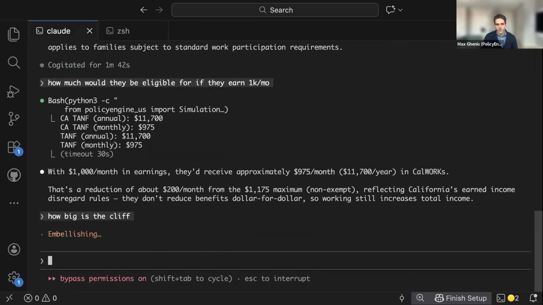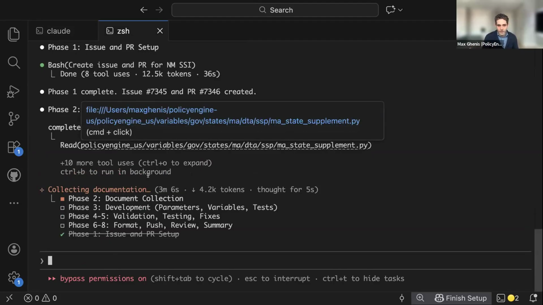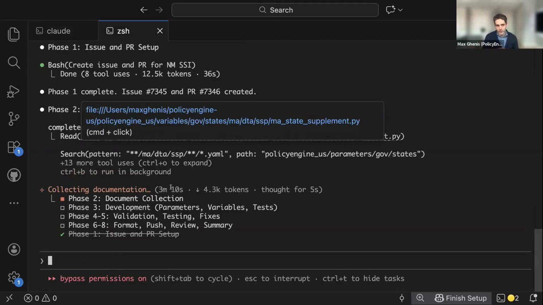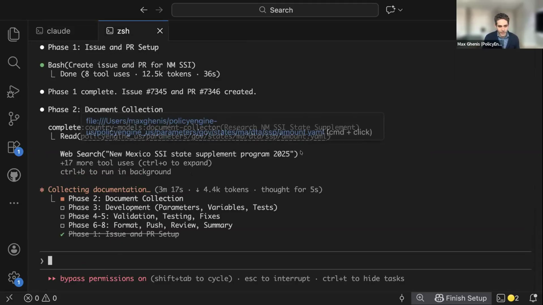So the cliff is, at a certain point, if you earn a dollar more, you're going to lose more than a dollar in benefits. There's some sort of minimum benefit before you lose eligibility. So it's going to go through not just one calculation, but lots of calculations to answer this question. Later in the session, we'll come back to all these phases and hopefully get a working implementation and also an answer to this cliff size question. So with that, I will pass it on.